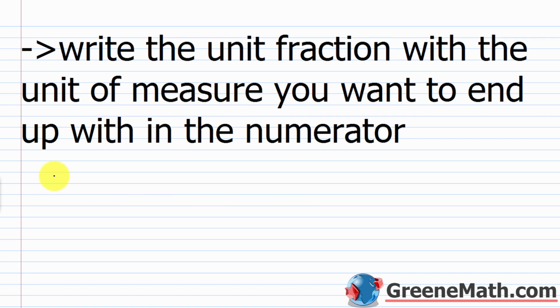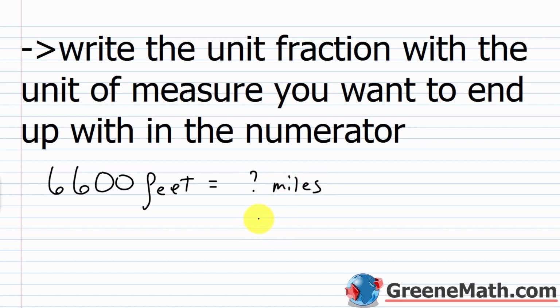So recall that we had 6,600 feet, and we wanted to know how many miles. So the unit I want to end up with is miles. This is what I'm trying to get to. So I'm going to write the unit fraction, again, with the unit measure you want to end up with in the numerator. So because I want miles in the numerator, I'm going to have 1 mile